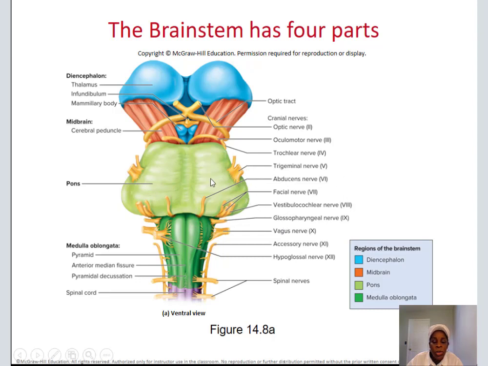These cranial nerves, we'll talk about them in a separate video. We'll see they do a specific job for each part of your body. Some of these, look at the name for them. You've got the optic nerve that tells you it goes to the eye. Oculomotor, it moves your eye. Trochlear, the same thing. Trigeminal, you'll see the name. Abducens, facial nerve, vestibulocochlear, glossopharyngeal, vagus, accessory. We'll talk about these separately, but it tells you that these cranial nerves come